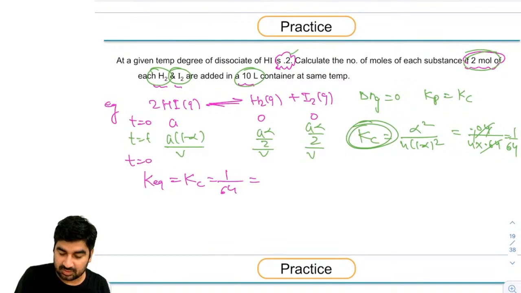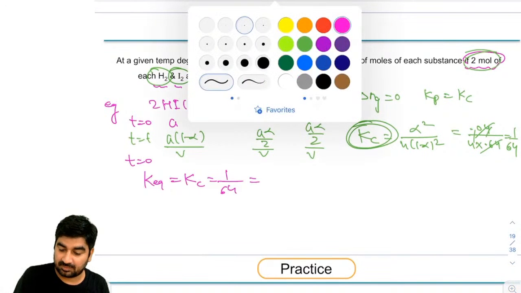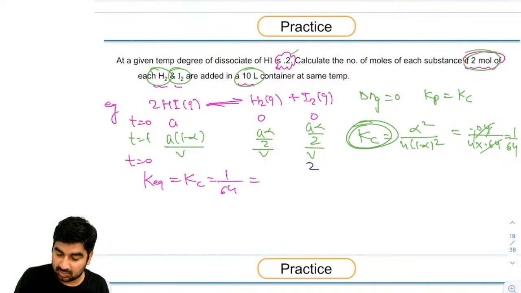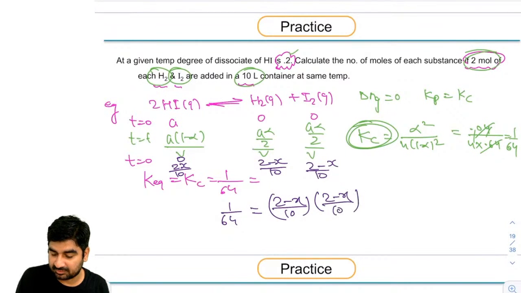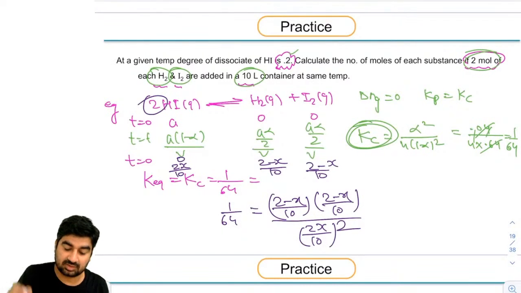At T equal to 0, if I am taking 2 moles of each and 0 mole of product, it will be 2 minus x, divided by 10. So 1 by 64 I will be writing as 2 minus x by 10, 2 minus x by 10, and 2x by 10 square, because here the coefficient is 2,